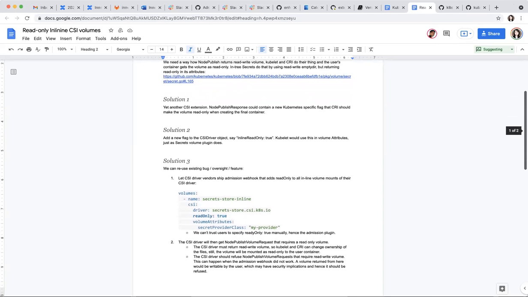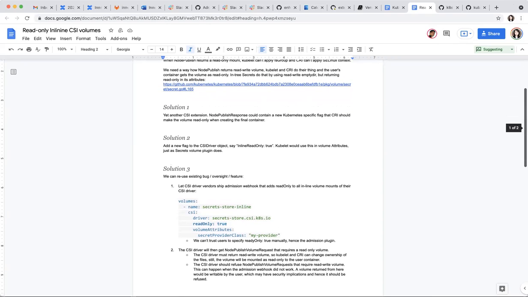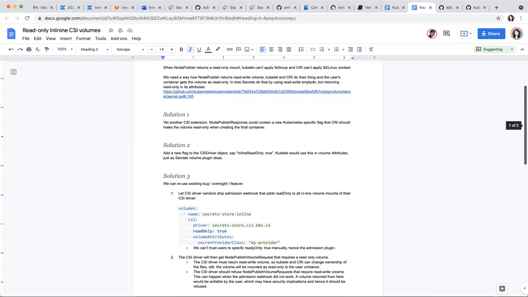There are also other solutions, like solution one, where we could extend CSI. I don't think it's a good idea. The second solution is to add some flag into the CSI driver so Kubernetes knows that it should ask for read-write volumes and do the read-only thing afterwards. But again, I don't think it's a good idea.